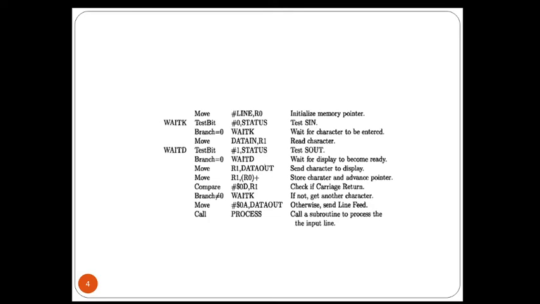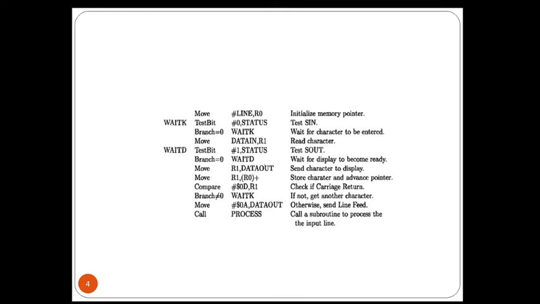Then Move R1, DATAOUT: R1 contains the data entered from the keyboard, and its contents are transferred to the data out register. Then Move R1, (R0)+: store this character and advance the pointer to the next memory location.